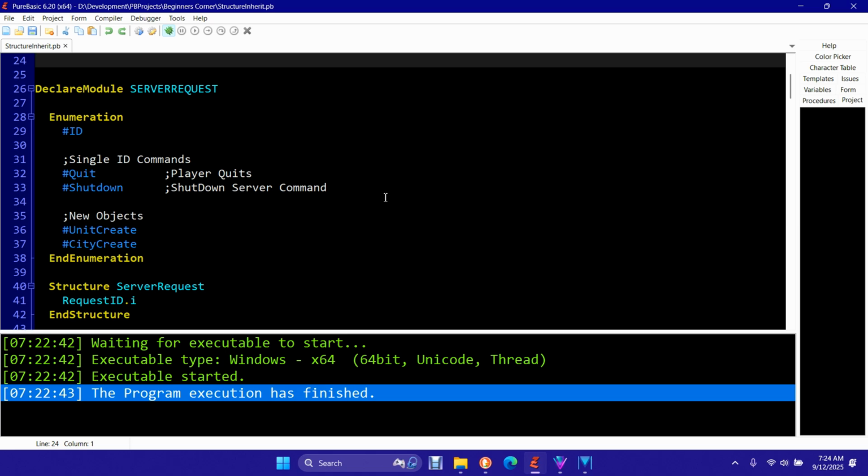The server request is going to have a ton of structures in it, and a ton of private procedures, and it's going to only have, I think, three public procedures. Okay, so at its core here is the enumeration. These are the requested IDs,